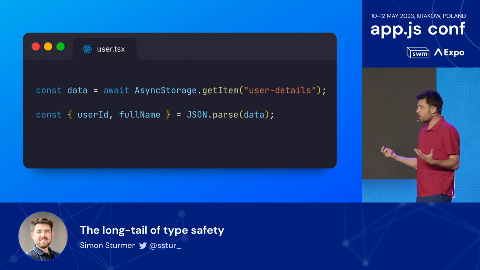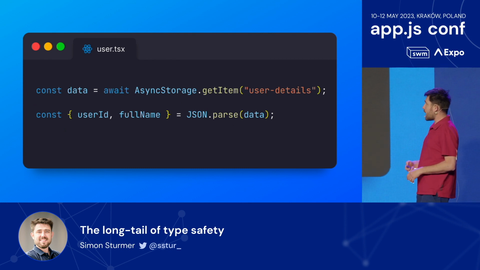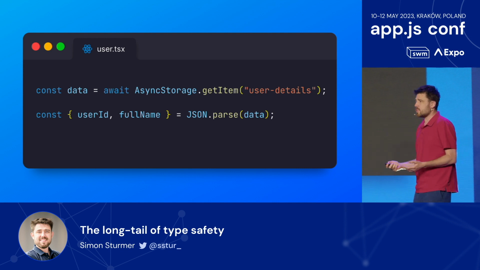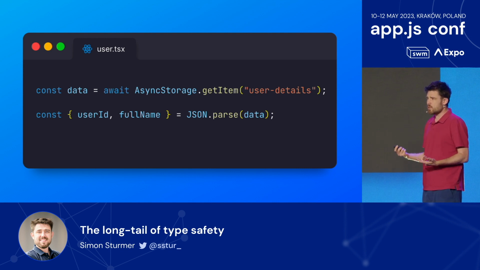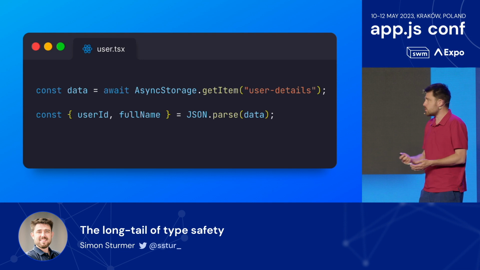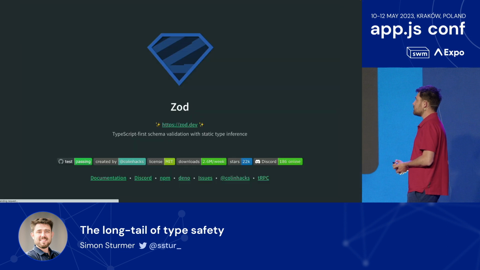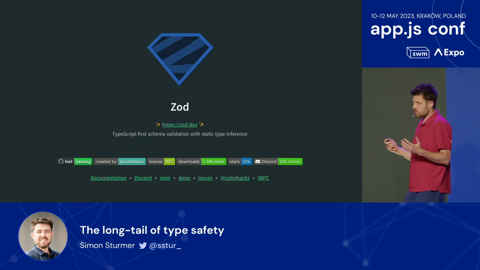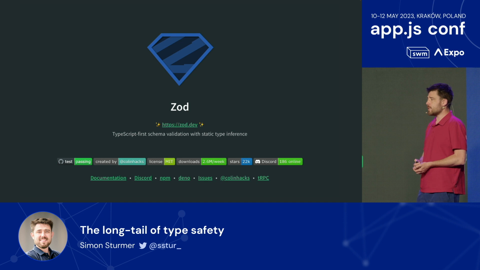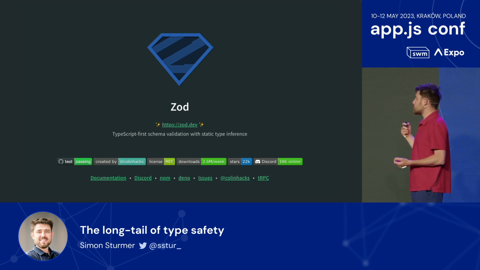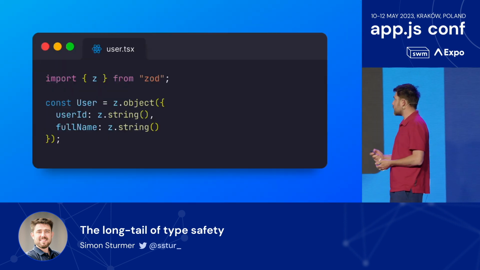A more React Native example is AsyncStorage. You pull something out of there, you parse it, you expect these fields to exist, and you might have a little more certainty here because presumably we're the ones who put it into the async storage. But again, there are really no guarantees here at all. So what is the solution? The solution is validation, which is probably obvious. And there are some great validation libraries. This is one of the more popular ones. It's TypeScript aware, and I'll show you an example of that.